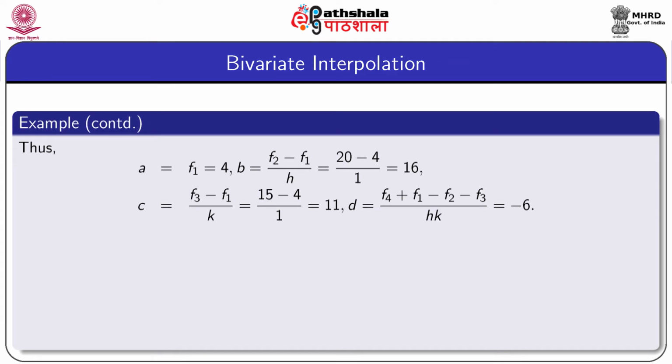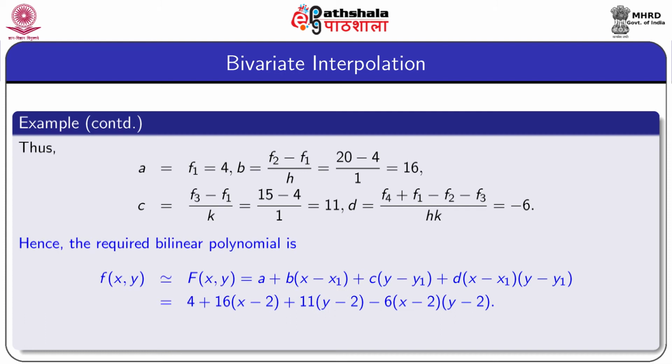So, using these values, we obtain the value of a equal to f1 equal to 4, the value of b equal to (f2 minus f1) by h, which is equal to 16, c equal to (f3 minus f1) by k, which is equal to 11, and d equal to (f4 plus f1 minus f2 minus f3) whole divided by hk, and this is equal to minus 6. That means we obtain all the values of the unknown a, b, c, d,